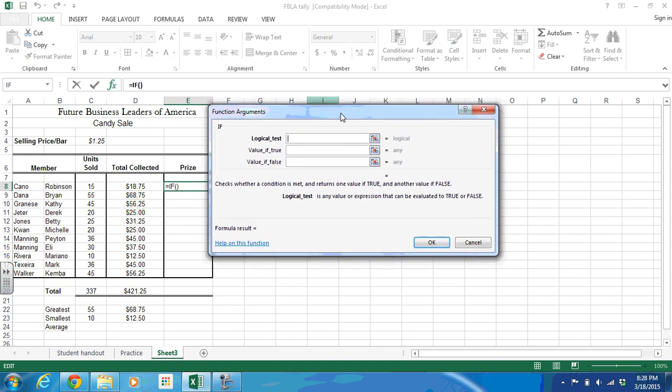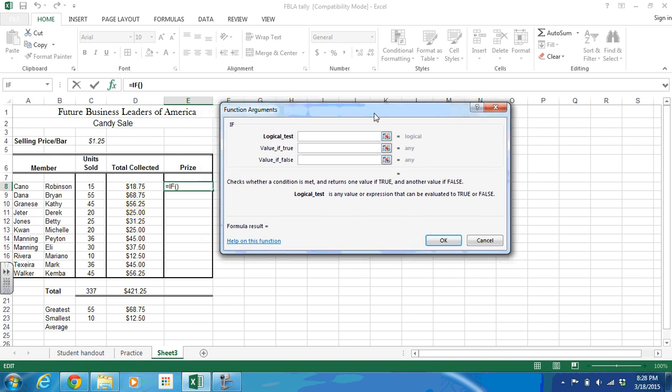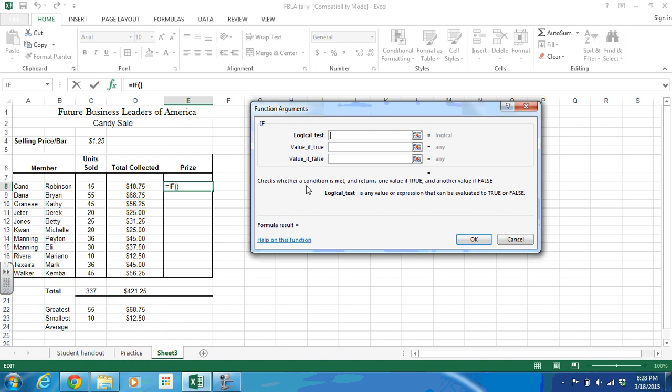These windows here are very helpful in that they walk you through the formula step by step. Down here, it's giving you an explanation of what you need to appear in this box. The logical test checks whether a condition is met and returns one value if true and another if false. So we're in the logical test field. We need to know if the value or expression can be evaluated as true or false. And if you remember in your directions, it talked about there being